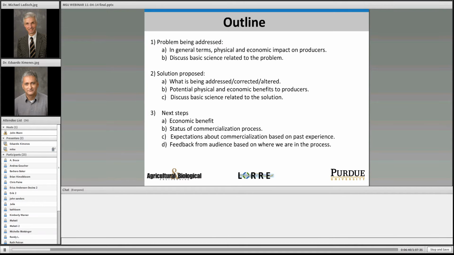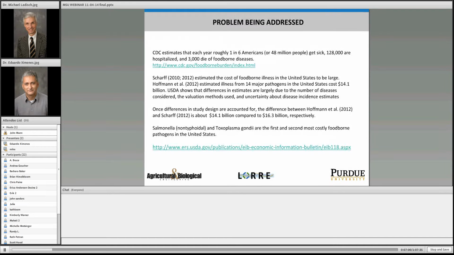Last but not least, we will cover the economic benefits and discuss the status of the commercialization process and the steps that need to occur to bring this technology to the industry in order to help make our contribution to food safety. So with this,